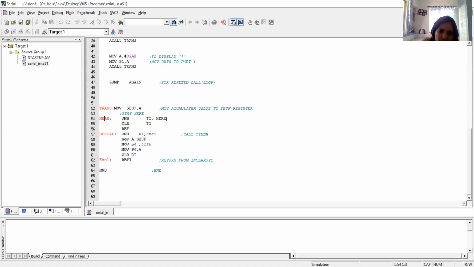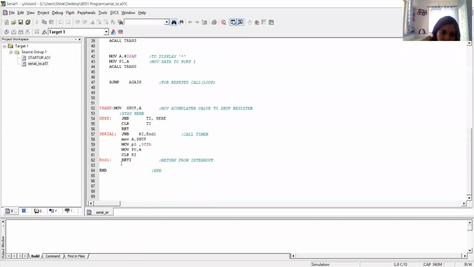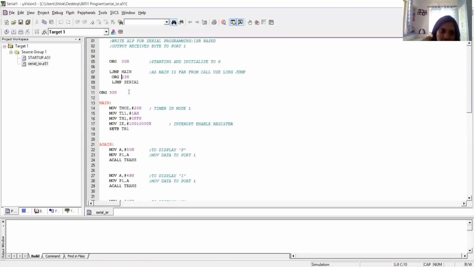So it is continuously monitoring the TI bit, whether it is set to 1 or not. If it is not set to 1, it executes the same statement again and again. Now, whenever the TI is set to 1, instead of executing the next statement, it will go to the memory location 0023 if it is present in your program. And at that memory location, you have already written LJMP serial.